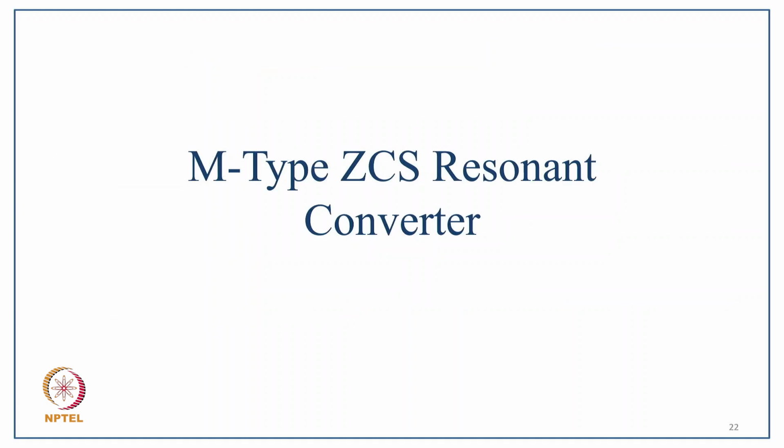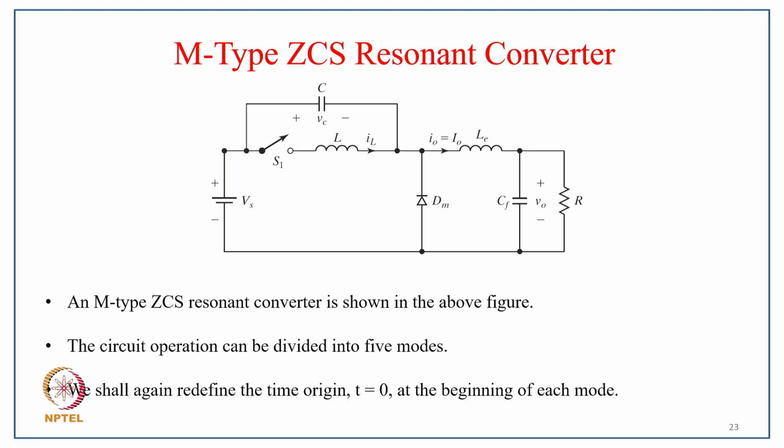Now coming to M-type ZVS resonant converter. So you can just see how, in case of M-type, the capacitor is connected in parallel with the device and switch inductor. That makes it an M-type resonant converter, followed by, of course, the freewheeling diode and LC filter of the buck converter. So an M-type ZVS resonant converter is shown in the above figure, and the circuit operation can be divided